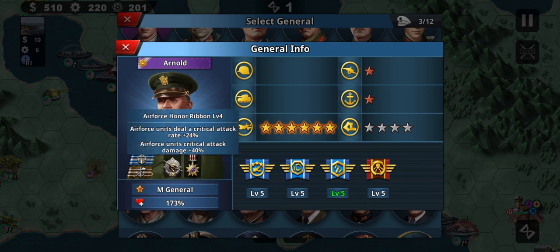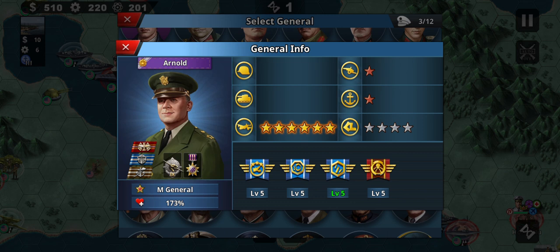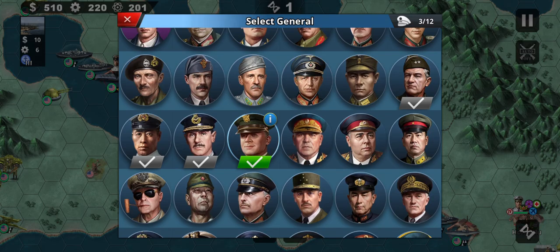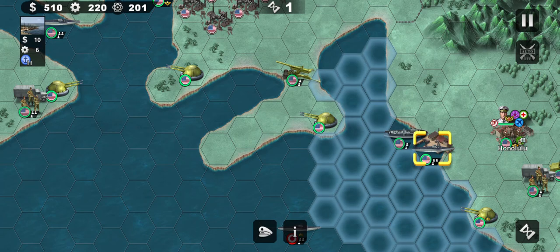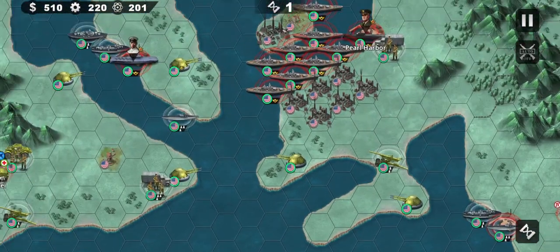Still has the ribbon, and this is more configured towards naval survivability. So Arnold goes on the Typhoon. Unfortunately, it seems like you cannot use the Typhoon straight off spawn. Next up, I would like to deploy,